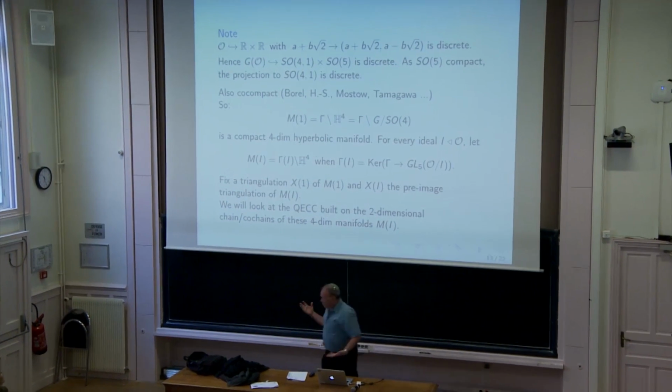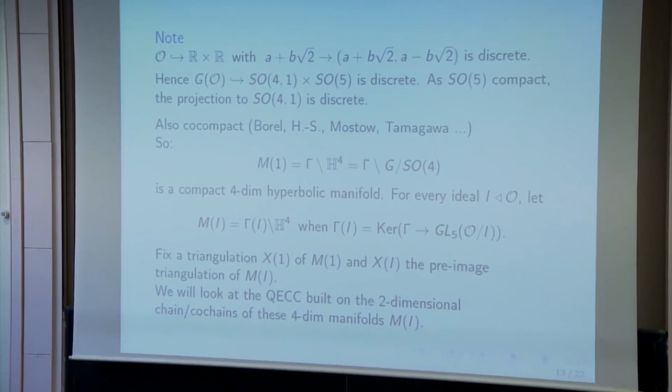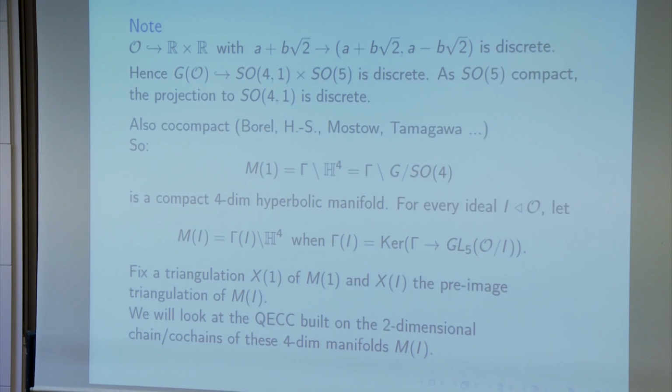The reason for that is basically, I guess for this audience this is well known, that the ring of integers is embedded twice in R, and it is embedded diagonally in the product as a discrete subring, and therefore G(O) is a discrete subgroup of SO(4,1) cross SO(5),